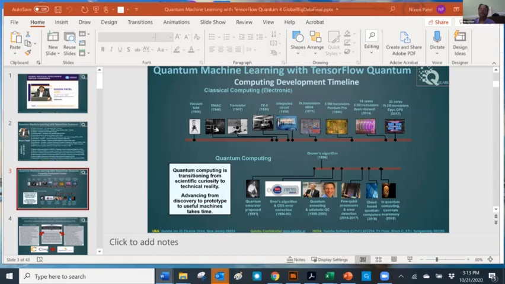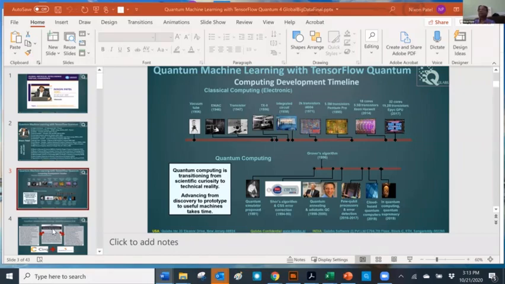And then in subsequent decades, with Shor and Grover, a lot of research came in over the next couple of decades to where we are now, where we have 50 to 70 qubits of computing available. Today we have a processor operating at 53 qubits from Google, and IBM too. Google has a 72 qubit processor, and there's a promise for 1,000 qubits by 2023. So that's the roadmap ahead.